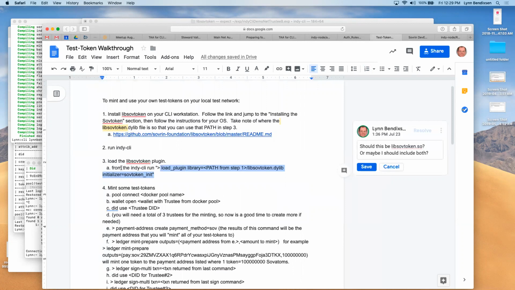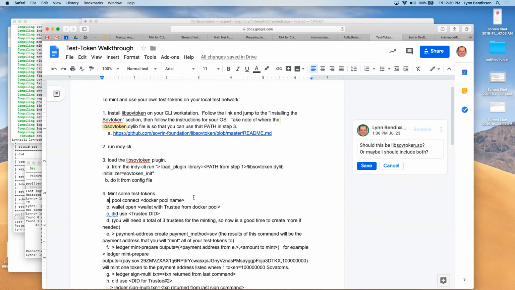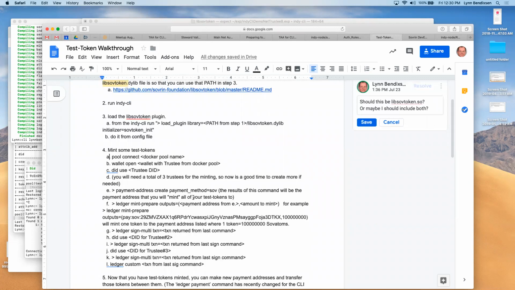In this walkthrough, I probably should include that other notice here: do it from the config file. Like I said, these things are all kind of new within the last couple of months, and so these walkthroughs are in progress. They're rough drafts, I guess, is the best way to put this. As we go along, we'll add to it, and if you have comments about it, just put them in the comments over here on the side, like this comment over here, and we'll enhance it so that everyone is able to use it better.